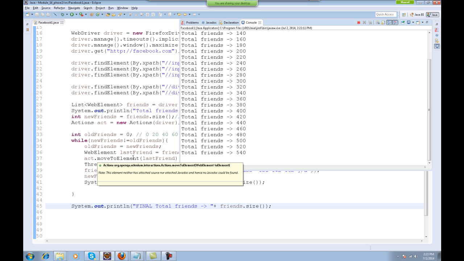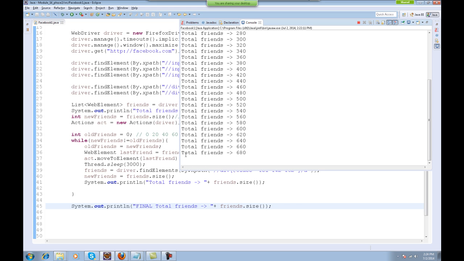The next way in which you can do the same example can be done by using JavaScript executor. In module number 16 itself I talked about JavaScript executor. So you can use the same executor and execute the same example in a different way. So let's talk about that now. Let this program end.